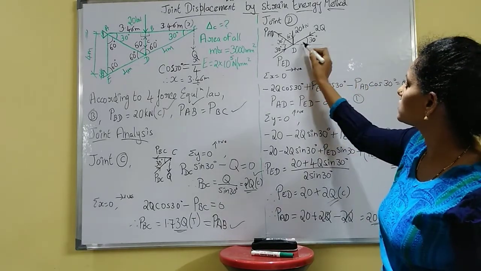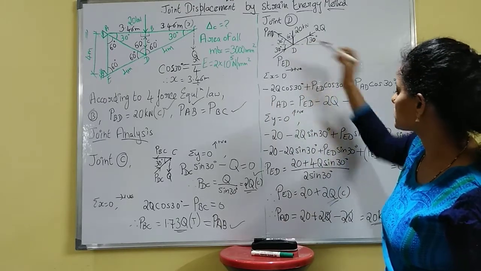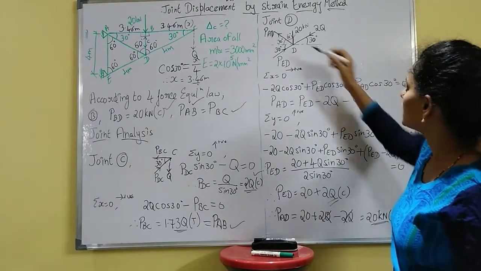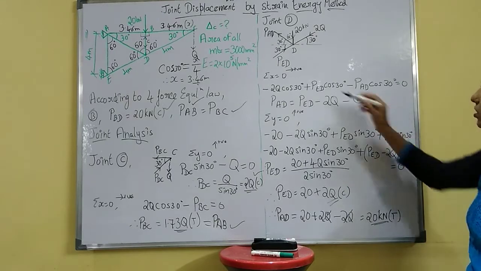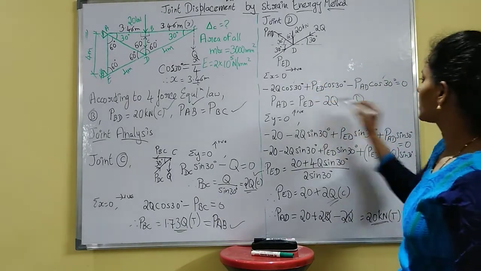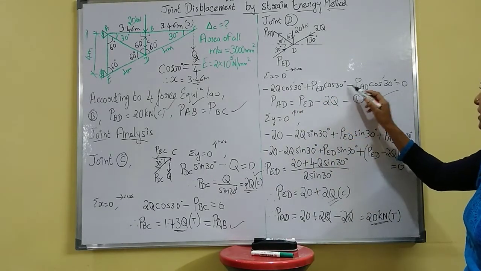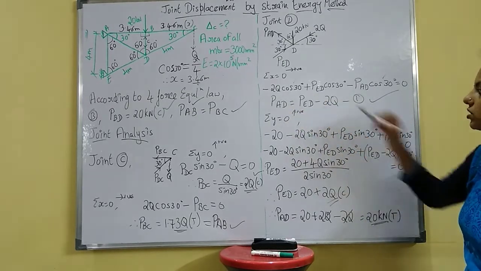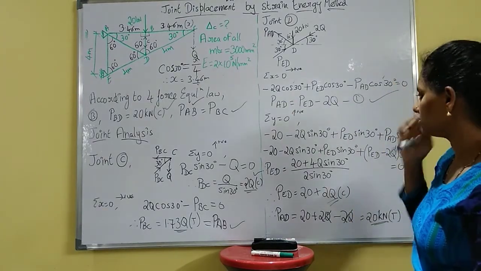So towards right, this is towards left, so minus 2Q cos 30, then plus, this is right, plus PED cos 30, then this is towards left again, minus PAD cos 30 equal to 0. Here cos 30 is common, you can neglect it. So directly you can write one relation in terms of PED and PAD. So you can take to the other side, you will have PAD equal to PED minus 2Q. Okay, cos 30 will get cancelled because it's common in all three.